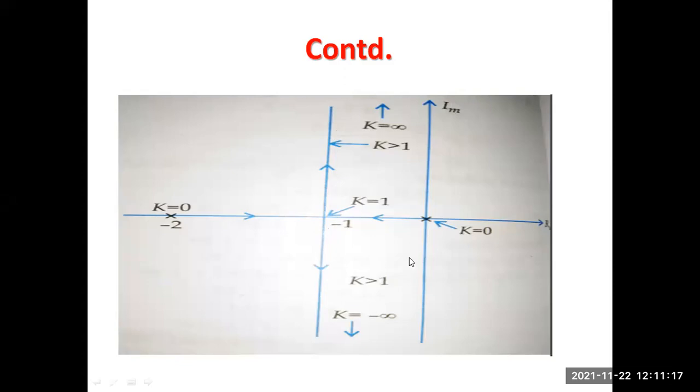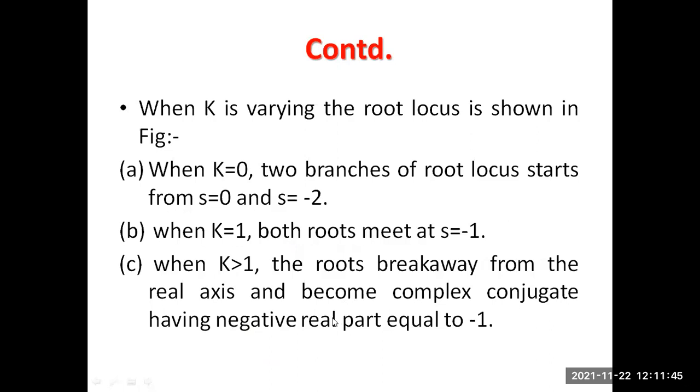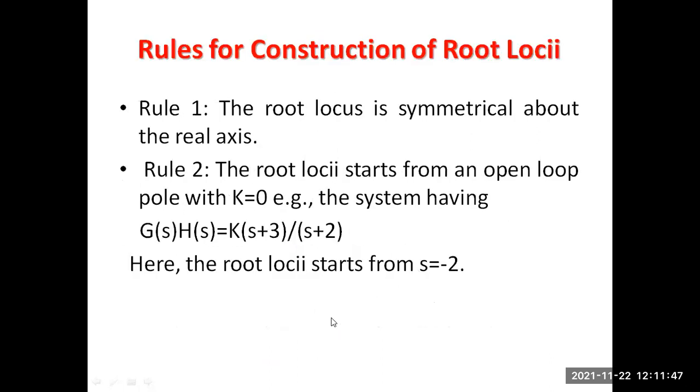So basically the main thing is when k is 0, one pole is here, another pole is here. Now when k equal to 1, these roots will move to this point. They are moving to this particular point, roots are lying here. Now when k greater than 1, they move in the opposite direction, that is, complex conjugate in nature. And finally, they will move as k goes to plus infinity and minus infinity. So that is basically how the roots are moving in the S plane.